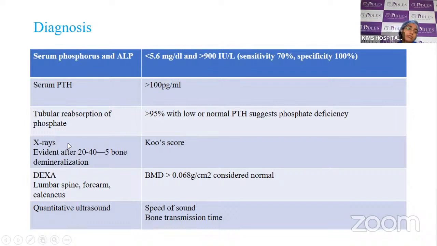And after biochemical markers, we'll do the X-ray. In X-ray, the radiological features are evident only after 20 to 40% of the bone is demineralized. We'll see the features on the X-ray. We have a score in X-rays, grade 1, 2, 3. I will tell in the subsequent slides. It's known as the WHO score. Another thing is dual energy X-ray